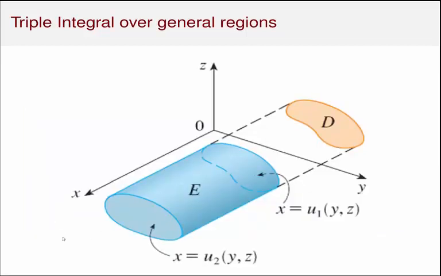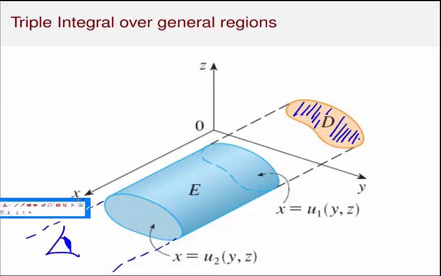Now suppose we put our eyes here at the positive x-axis, and imagine they were rays of light parallel to the x-axis, as it were, going towards the solid E. Then the shadow that we see on the YZ plane will be the projection D of the solid E. Okay? And furthermore, for any point YZ coming from the projection D,